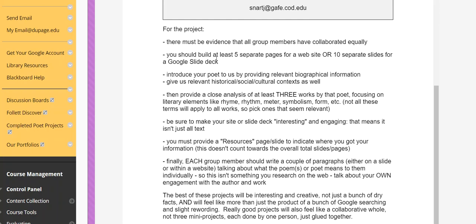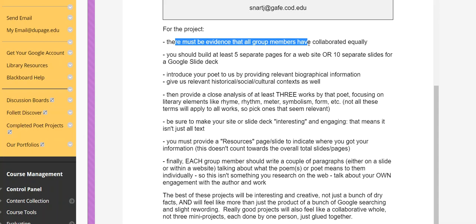So again, for the project itself, even though we're working as groups at a distance, it can be easy to just say, okay, you do the first 4 slides, I'll do the next 4, you do the last 4. And there will probably be some division of labor that way, but we really don't want the final product to feel totally disconnected, like clearly only one person did this part, even though you might not all actively collaborate on literally writing every piece of the project.